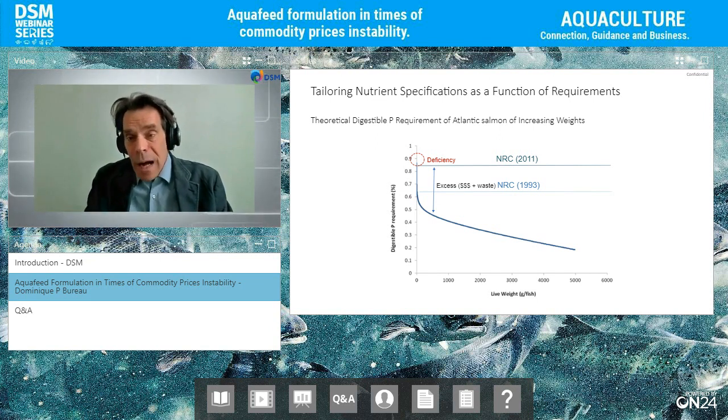The only way that I know, you cannot really study this experimentally because it's very costly. The only way that I know to be able to make rational prediction of how you should change the feed with size of the animal is through mathematical modeling. And we developed this model for phosphorus, for example. And comparing to real data from the real world, it seems to be working. So the model seems to be yielding realistic results. So I really encourage you to start thinking about how you could use a systematic approach like modeling to make business decisions, like what level I should be formulating my feed at according to size of the animal, production system, and the like.